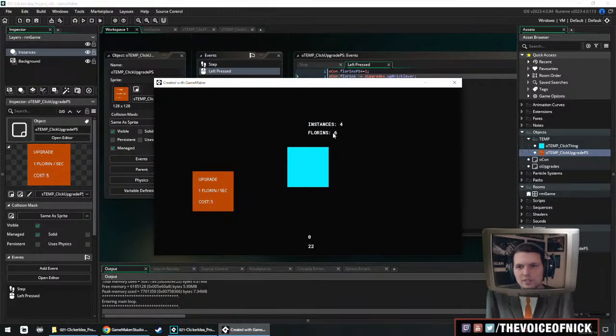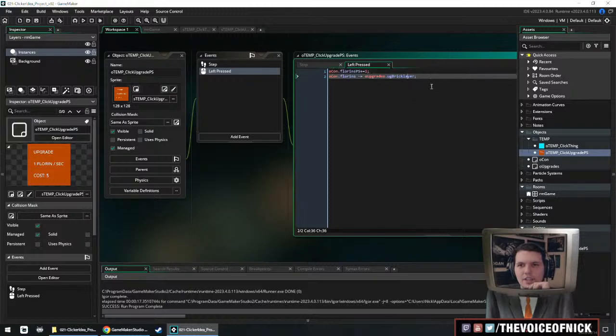So now we have 6 things, 0 per second. We add this, we go down, but it starts going up per second. Now if we have another 5, we can buy it again. Oh, so it still lets us do it even if we have that. So it checks for whether or not we have enough for the button to show up, but it doesn't check whether or not we have enough to actually do this left mouse button click. So what we now need to do is say